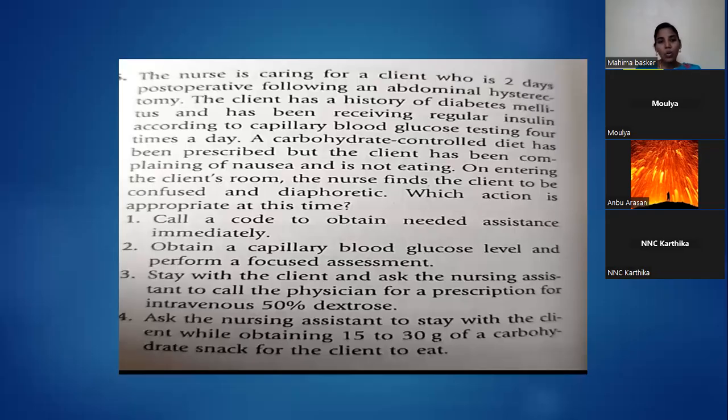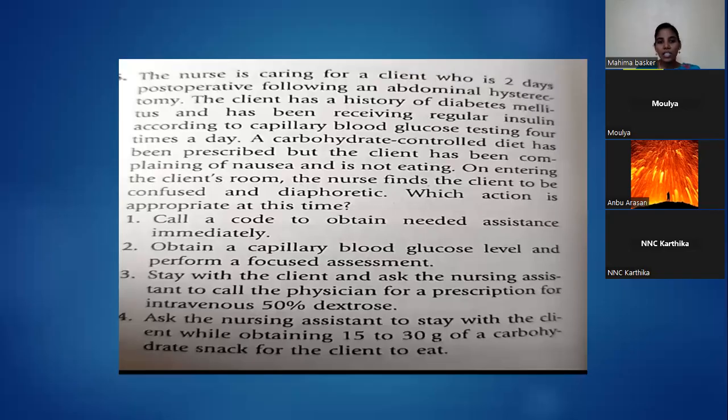Okay, here there is no nursing assistant. Here they just say who is entering: the nurse is finding the patient. Only the nurse and the patient are there. So here no nursing assistant in between. Don't leave the point, because when you go and call for the nursing assistant, that time the patient will wait. No. So third point, stay with the client and